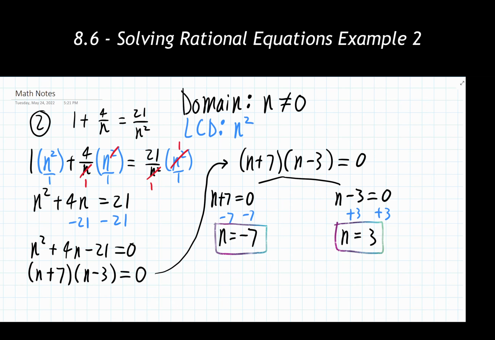And you'll find that it's fairly common with a lot of these problems where you can have 2 answers, 3 answers, sometimes 4 or 5 answers, but most commonly with what we're going to be seeing, you're going to be having probably 0 to 3 answers showing up most commonly. But otherwise, for number 2, final answers are n is equal to negative 7 and n is equal to positive 3.